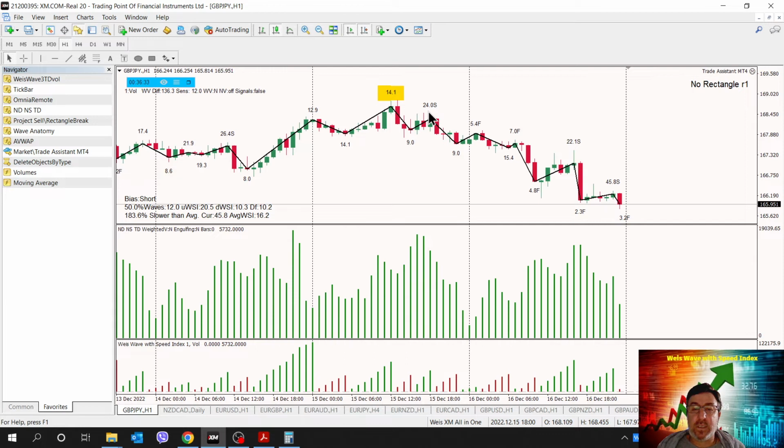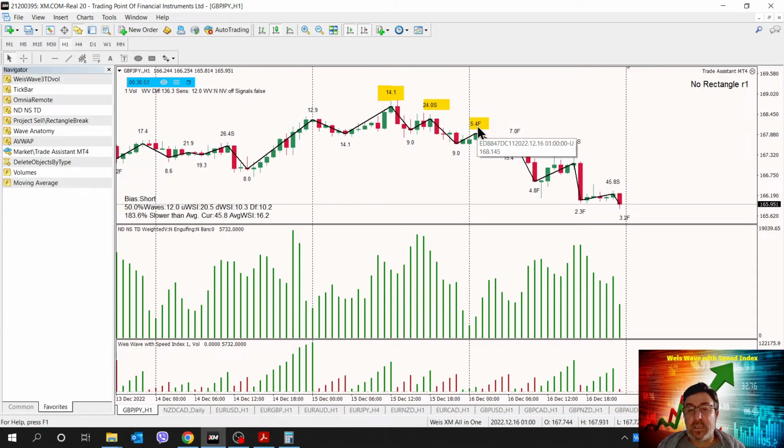As you can see, I get a speed index and an F, and I get a speed index and an S here. S stands for slow and F stands for fast.